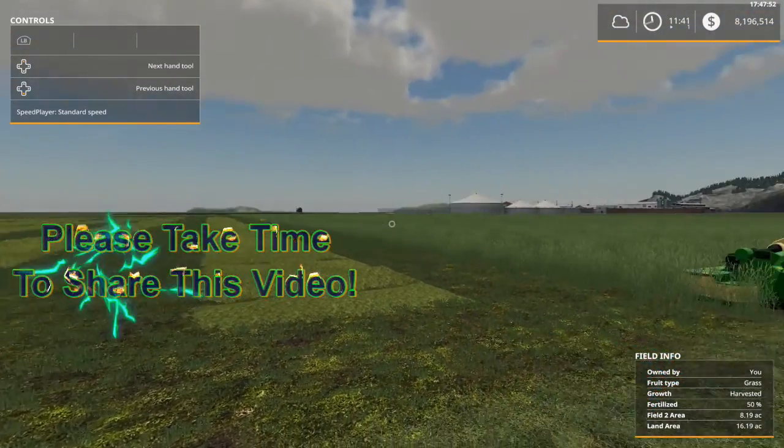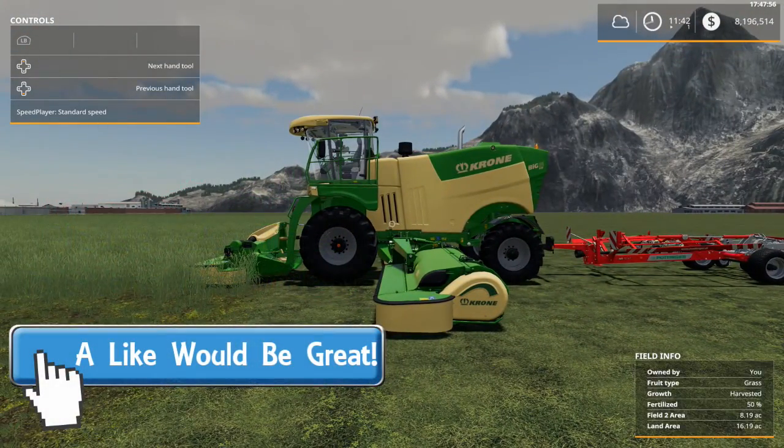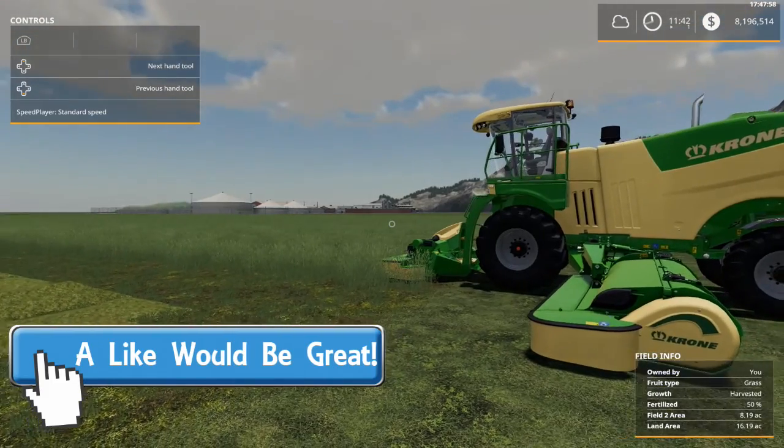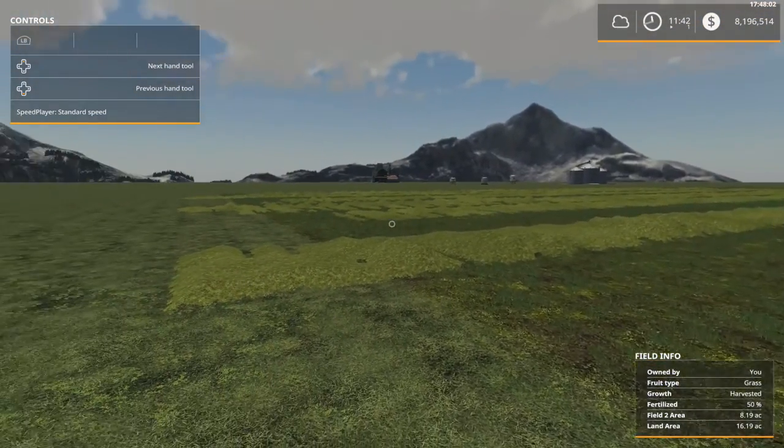So guys, I figure it's been a long time since I've done a tutorial on Farming Simulator 19. I don't know if it's really a tutorial or not. I just kind of want to get on my tractor here and do some farming. But I'm going to be making some silage, guys. If you don't know what that is,